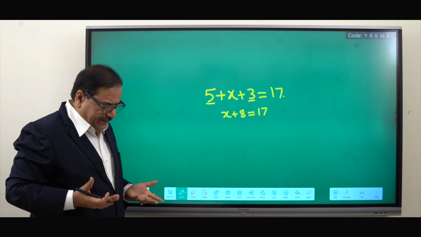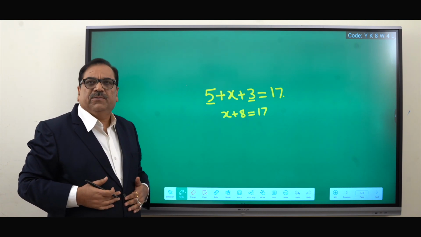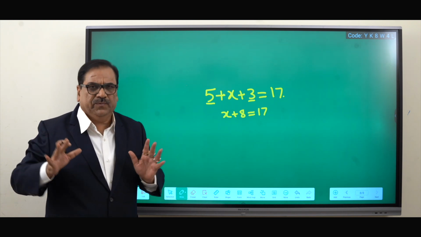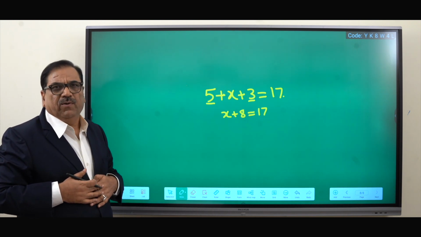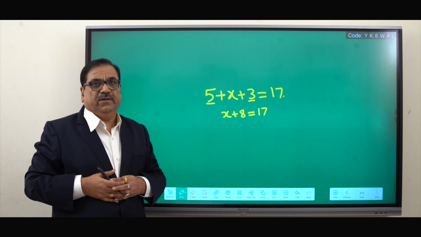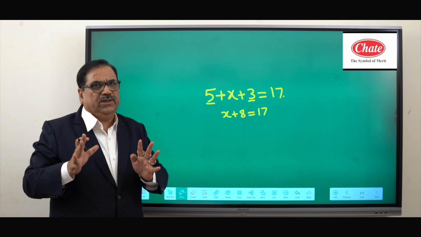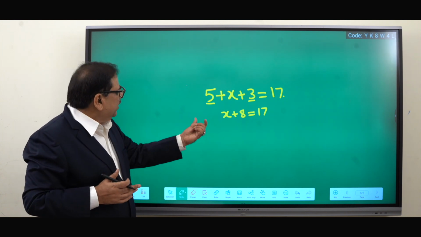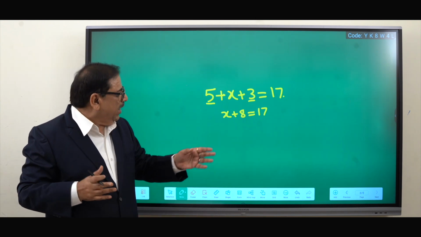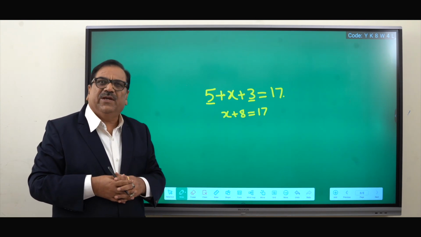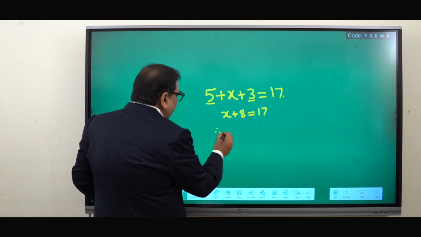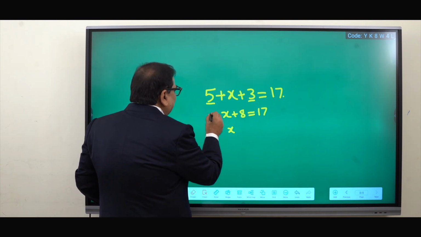But in the next step we are going to subtract 8 from both the sides of the equation. So x plus 8 minus 8 will be 0 and the second part will be 70 minus 8. Therefore, in this step we can say x is equal to